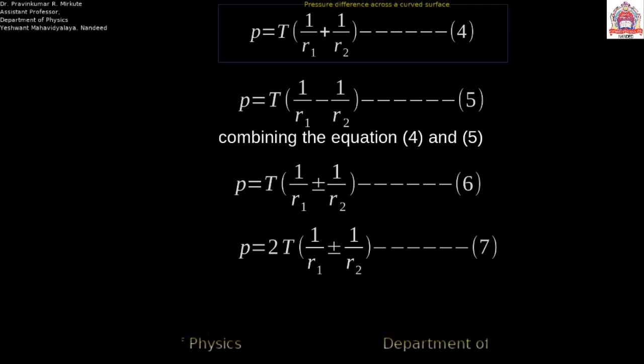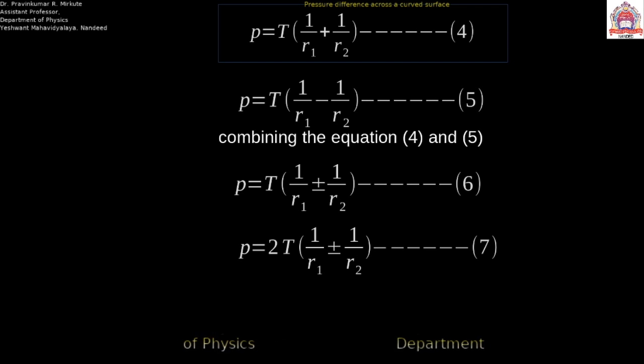So we get twice the tension divided by R. Suppose in the case of a spherical film which has two surfaces, such as a soap bubble. So what happens? The two tensions are there. Already we get 2T by R, but here in the soap bubble, the two surface tensions are there, due to the two spherical films of the soap solution. So we get P is equal to 2 into 2T by R, that is 4T by R.